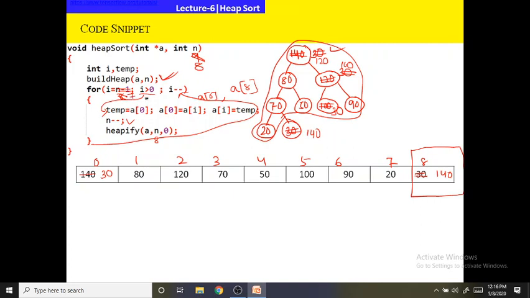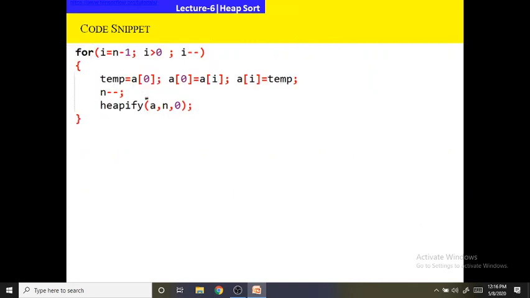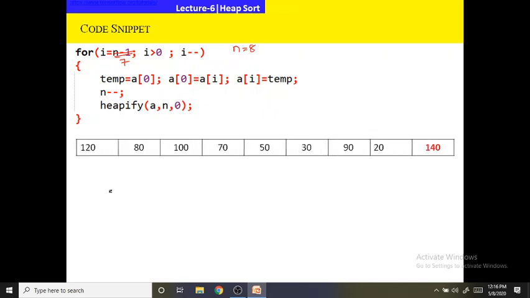So now let us go through the next step. Here, the value of i, we have decremented to 7. The value of n, we have decremented to 8. So now, we have to build the same tree. So here you see 120.